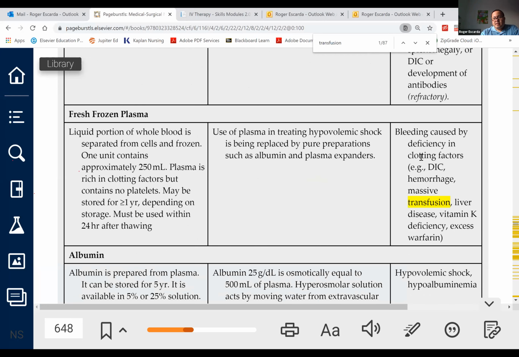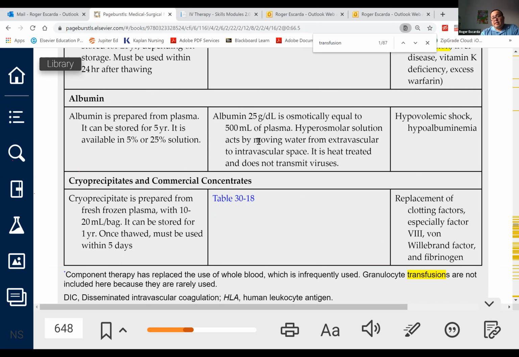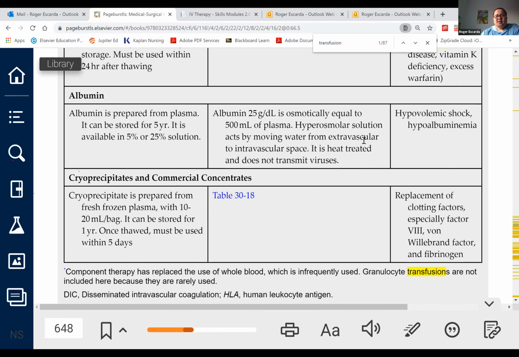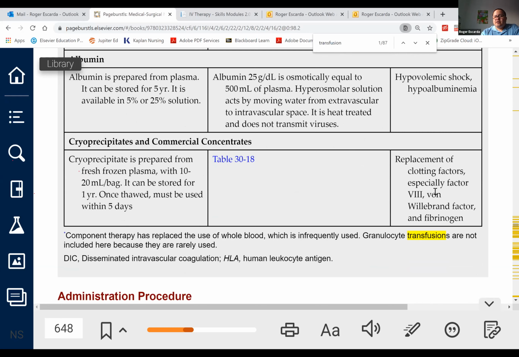Fresh frozen plasma, this is for deficiency of clotting factors. We just finished DVT management last week. So let's say your patient with DVT or PE is on warfarin and they ended up taking too much of the warfarin. So to manage that, since vitamin K won't cut it anymore because the INR is way too high, then fresh frozen plasma would be your antidote. Albumin is routinely given in dialysis patients, also in liver failure patients. Cryoprecipitate, these are for select